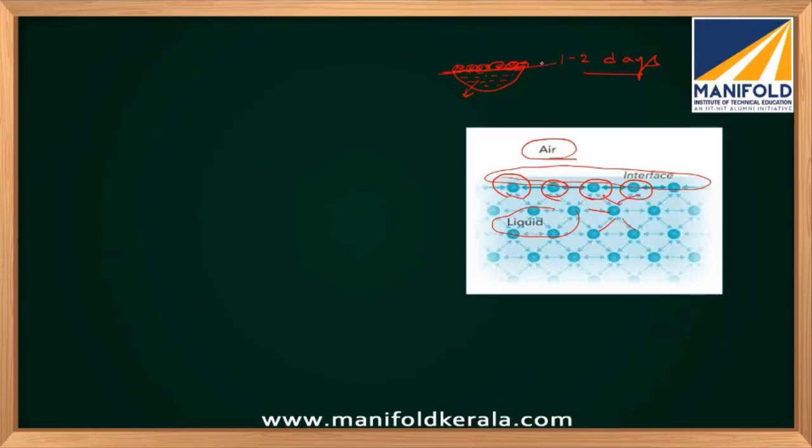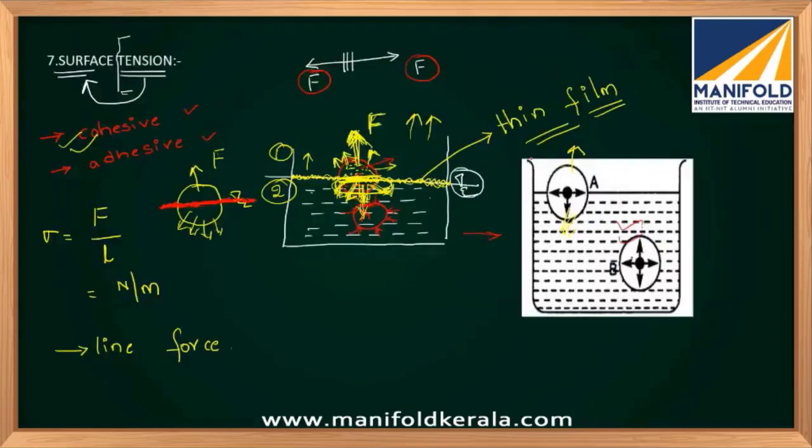So by this you can clearly understand that due to tension, or due to forces, or a combination of two different interfaces of the fluid particle, there will be formation of a thin layer. The best example we can give is insects walking on water. See this diagram, there is water and the insect is walking on the water. That is due to the surface tension phenomenon, a tensile pull force acting per unit length. We call it surface tension.